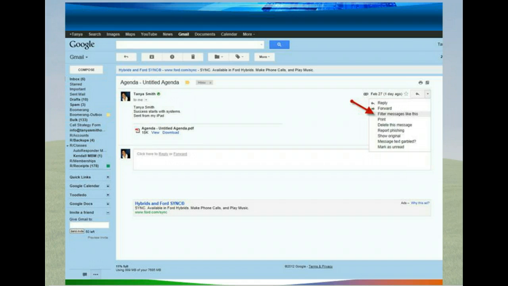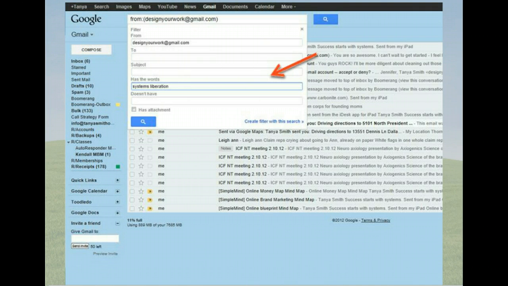What it's going to do then is open up various options. It'll say messages like this, ones that come from this particular email address that have these words. You can add and maneuver around in this filter creation box and tell it, these are the things that I want to see when you save it to this special folder. You only have to do this once, and when you do it one time, it creates a filter so that it automatically treats every email that meets those criteria in the same fashion.